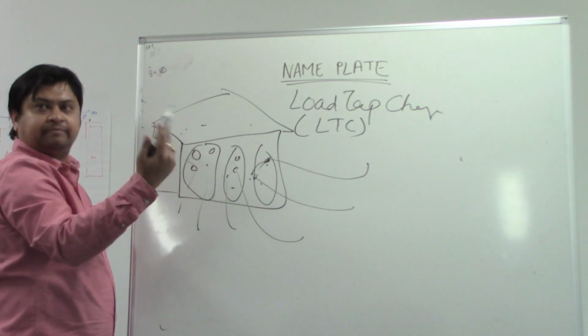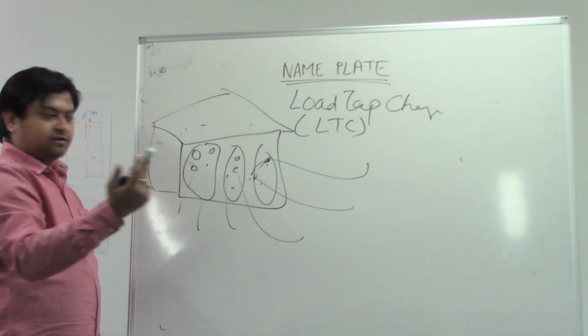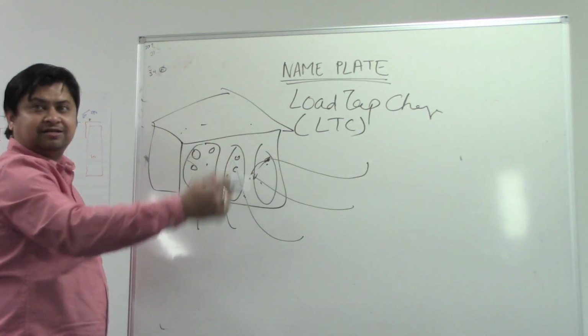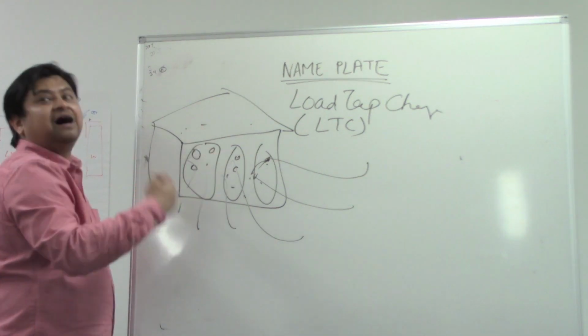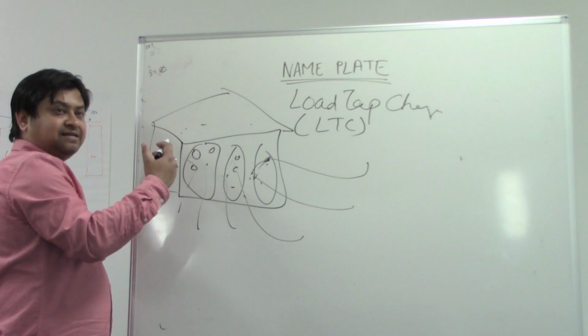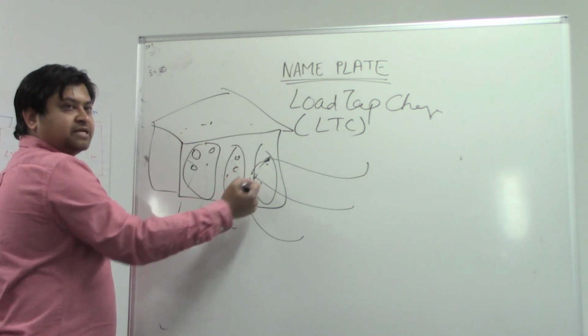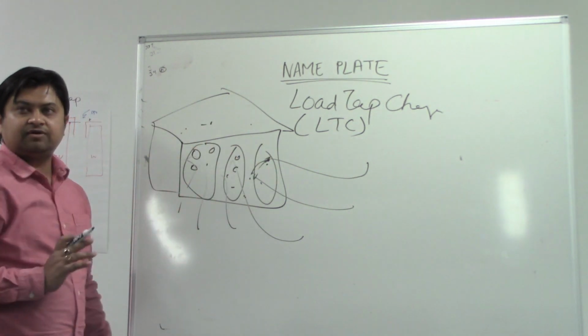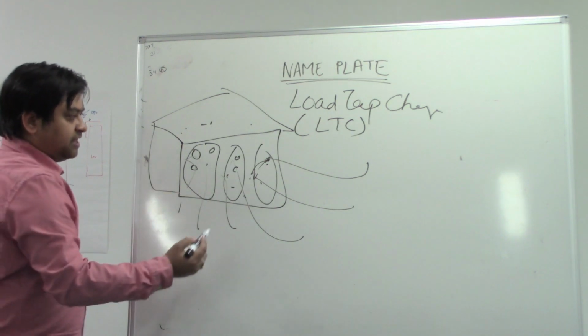Because once you make or break the connection, this is already in the load condition. It is running. So there will be an arc which will develop inside the LTC. So the LTC does this plus and minus here. Similarly, when you have an in-tank